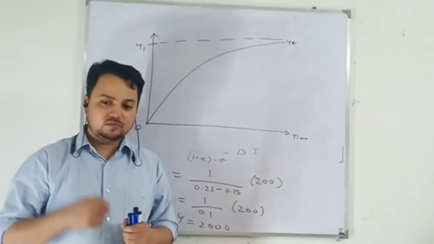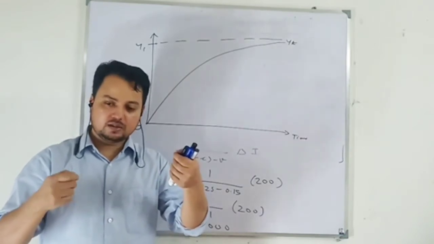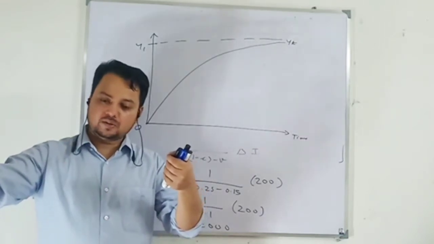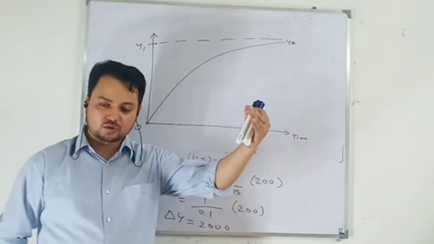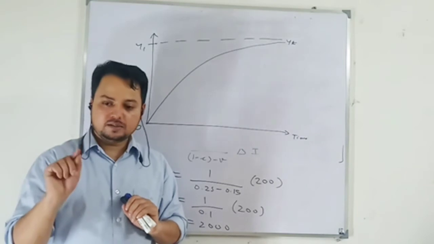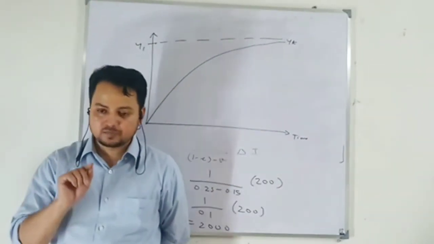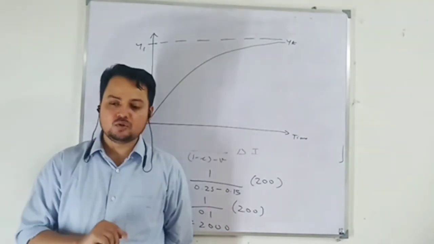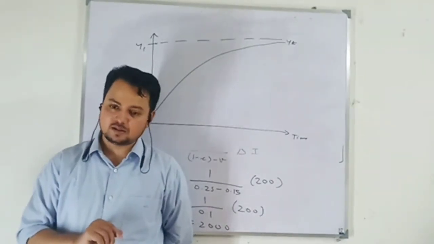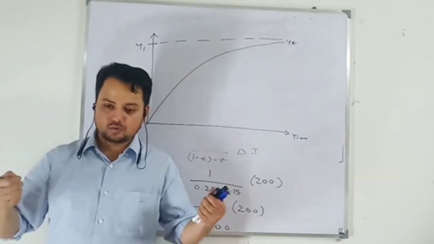when your accelerator is working, when your income increases, investment also increases. As your income keeps on increasing, your demand for capital and stock also keeps on increasing. When demand for capital and stock increases, marginal efficiency of capital reduces. What is marginal efficiency of capital? It is the expected return on new investment decreases, right?